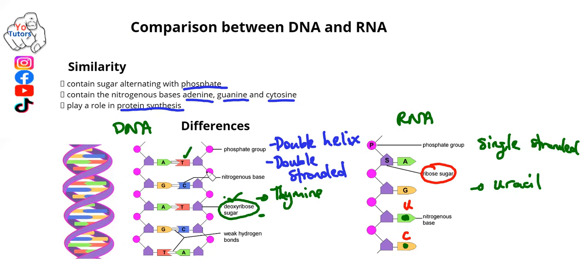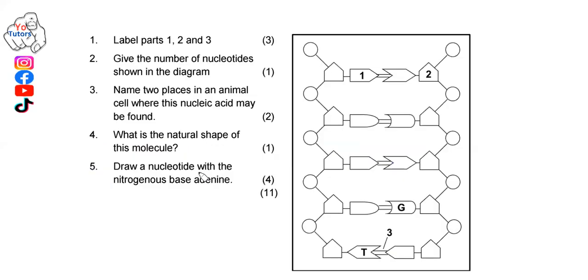Now, let's have something just to see if we understand this chapter. We have an activity there where we ask you to label 1, 2, 3. This is what is happening with life science. So in life science, you need to be observant, because as you can see here, we need to label 1. How are we going to know which nitrogenous base it is? Because we can tell that this is a nitrogenous base, this is a nitrogenous base, but how do we know